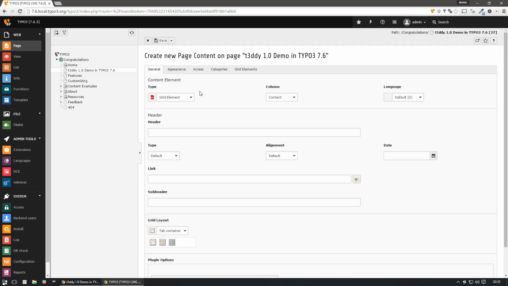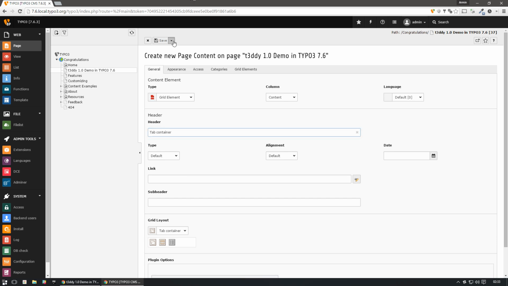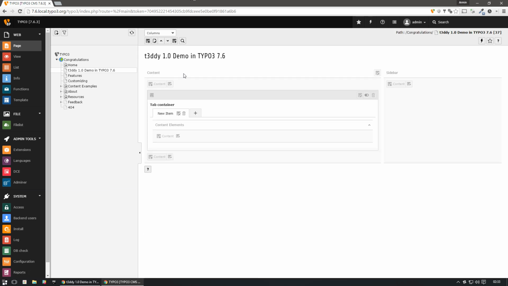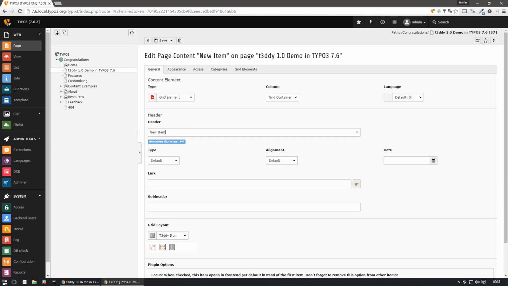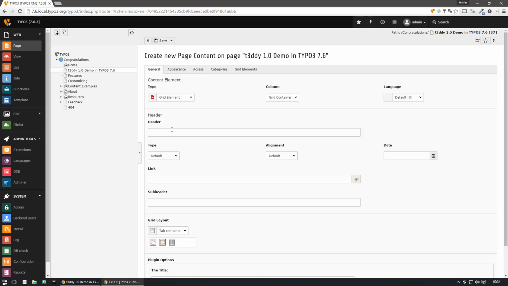So let's add a tab container here with a small title, and now we have a tab container, and inside of this tab container we already have our first item, new item here. We can rename it first tab, for example, and we can also create another one, but here I have to show you a hint